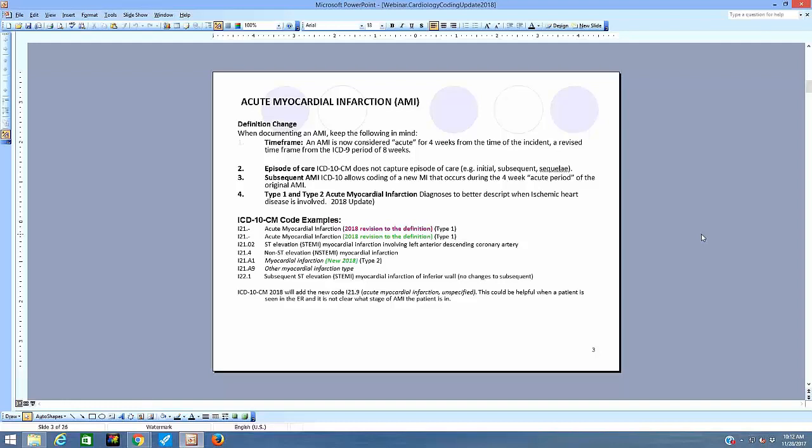And now we have a new diagnosis designation to better describe when ischemic heart disease is involved. So now we have type 1 MIs and type 2 AMIs. For type 1, they revised the definition. The I-21 series is your acute MI infarction, so that's the definition to that. And then when you get into STEMI versus non-STEMI, the new MI